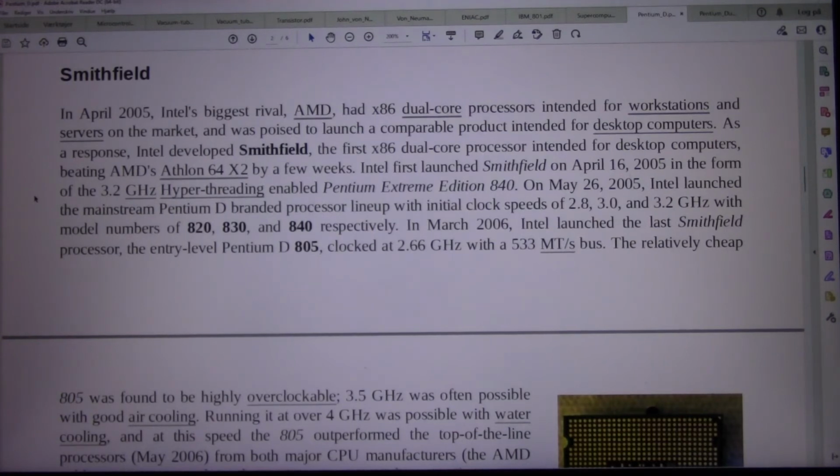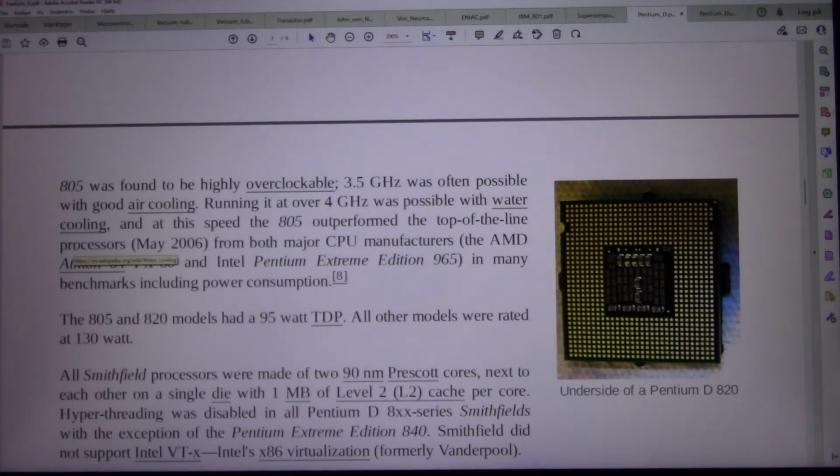Pentium Extreme Edition 840. On the 26th of May 2005, Intel launched its mainstream Pentium D branded processor lineup with initial clock speeds of 2.8, 3.0, and 3.2 GHz with model numbers of 820, 830, and 840 respectively. In March 2006, Intel launched the last Smithfield processor, the entry-level Pentium D 805, clocked at 2.66 GHz with a 533 MT/s bus. The relatively cheap